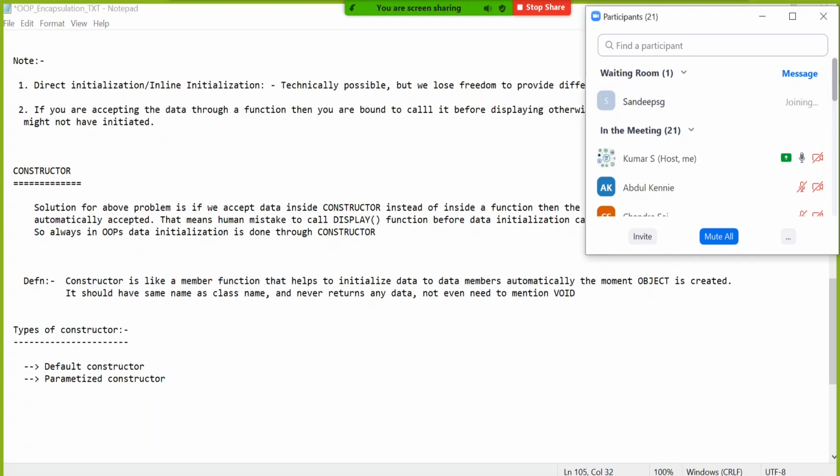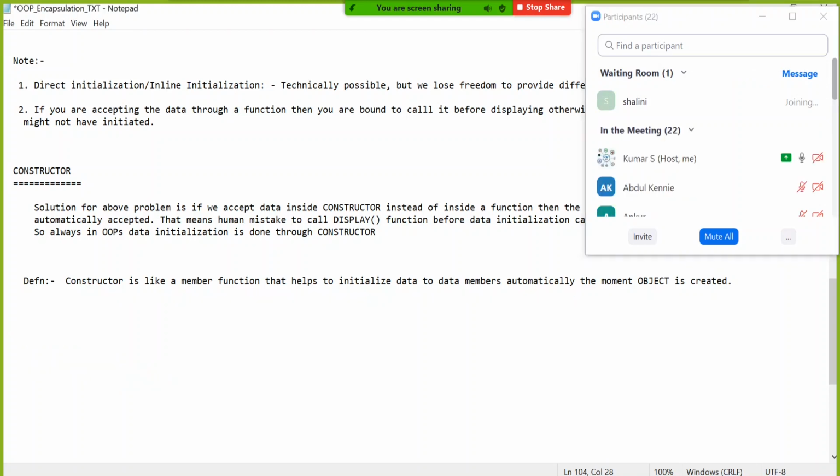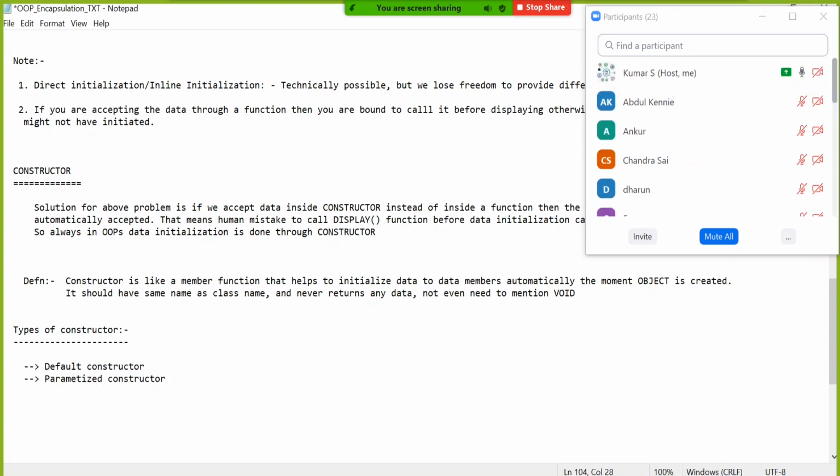As the name says, default means the default value initializer. What do I mean? Default value means the value you want the moment you create the object. So the moment you create an object without manually entering any value, it initializes some default value.